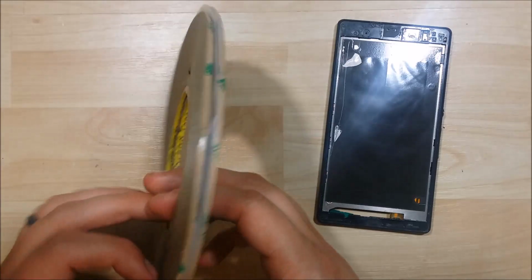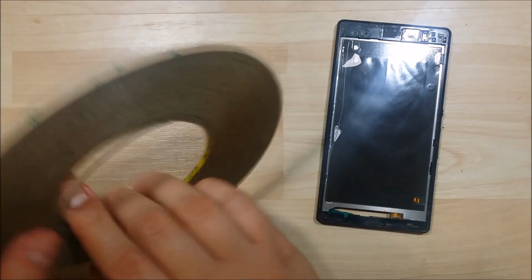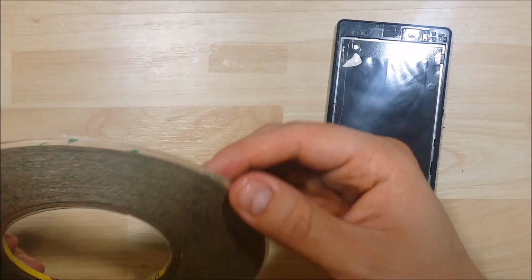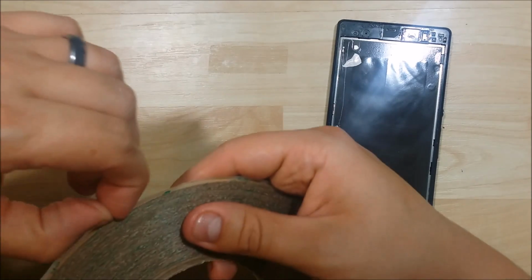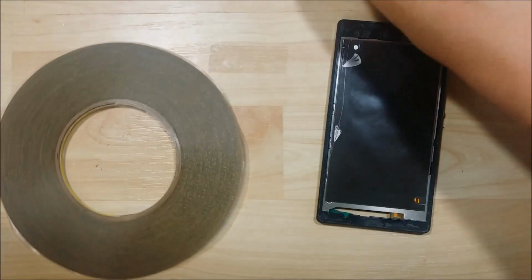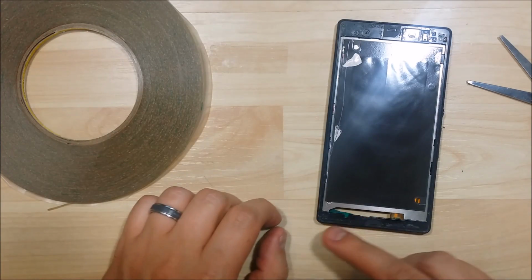So we do need some double-sided adhesive here. I'm going to use a couple different sizes, anything ranging from like a 3mm to a 1 or 1.5 to go down the sides or the bezel. Normally I prefer to use black because it seems like it doesn't promote as much light bleeding around the sides of the phone. But this clear stuff seems to be a little bit stickier,